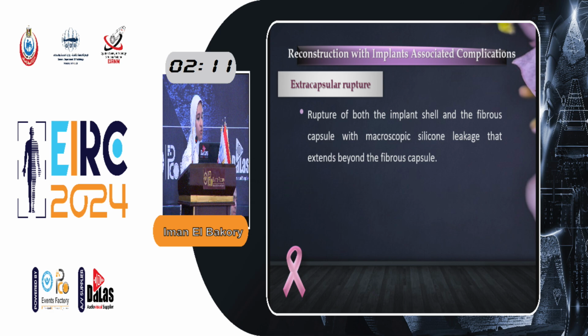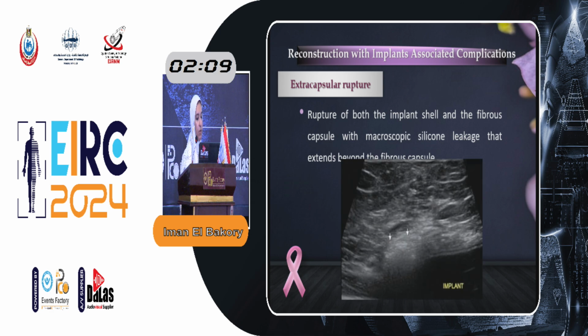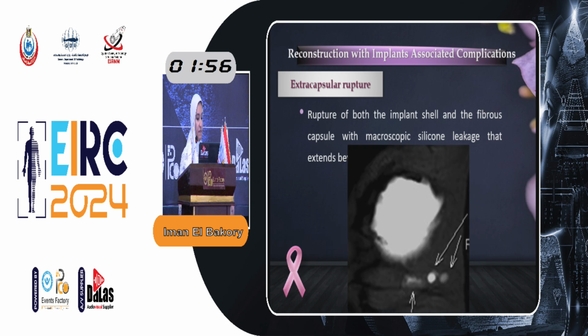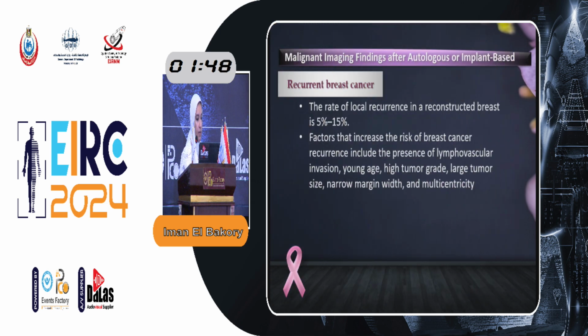In the extracapsular rupture, we see a herniated silicon outside the capsule, and it's commonly seen in ultrasound as a snowstorm appearance in which there is a dirty posterior shadowing to the silicon. We may see it in the axilla. We may see it even in the contralateral axilla. I have seen it twice. This is again a silicon excitation phase in the MRI, and here we can see the herniated silicon outside the